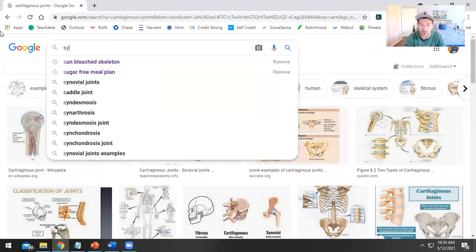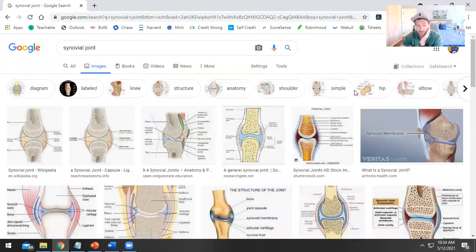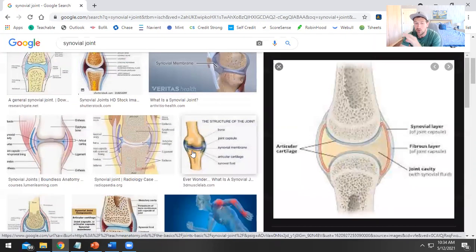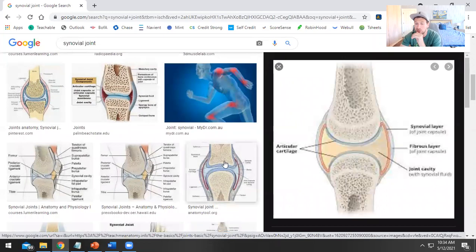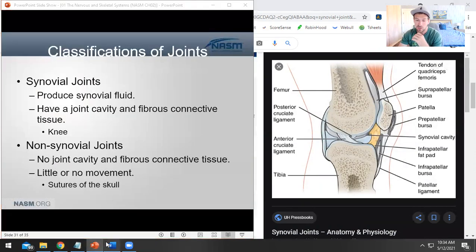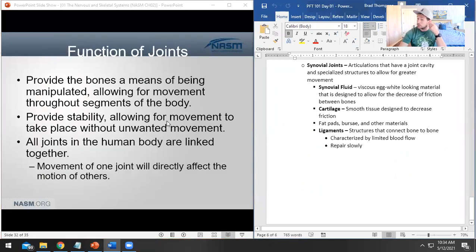But in a synovial joint, there's actually a joint cavity. There's actually this big bubble that kind of surrounds the joint. And there's also going to be a lot of little structures within that synovial joint, like ligaments, for instance, that are going to allow for a greater attachment there. So when we think about synovial joints, these are, like I said, fully movable joints. They have these special structures. They are going to have